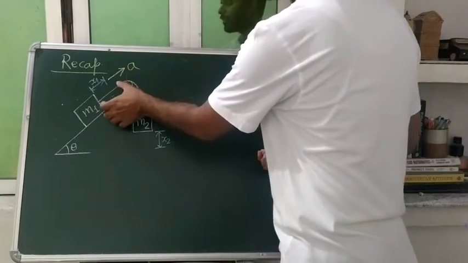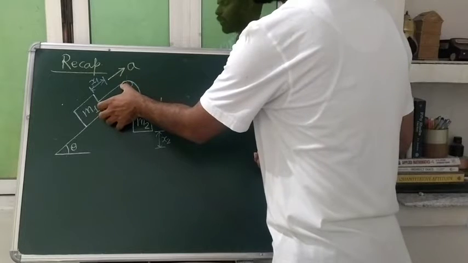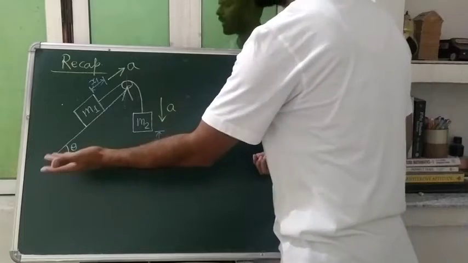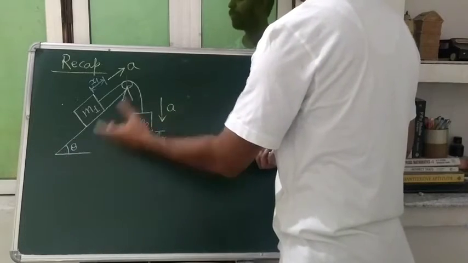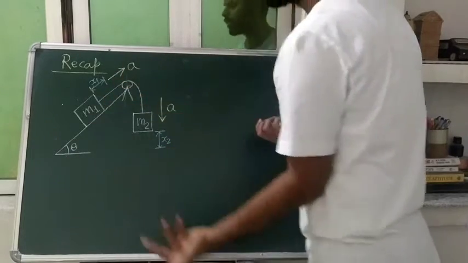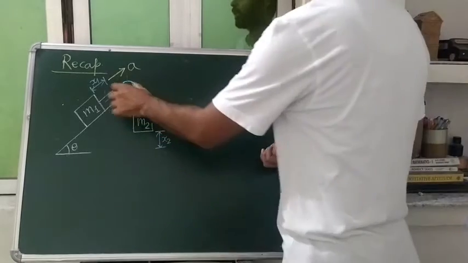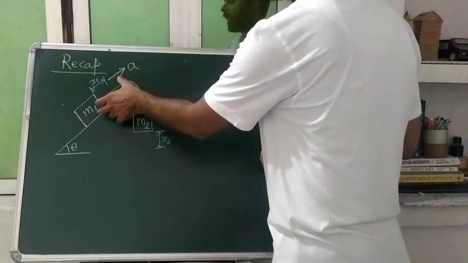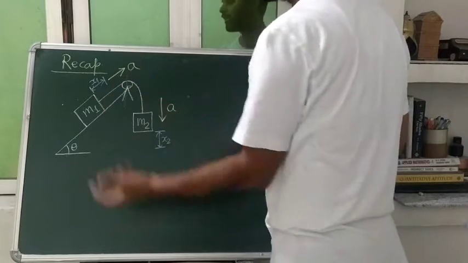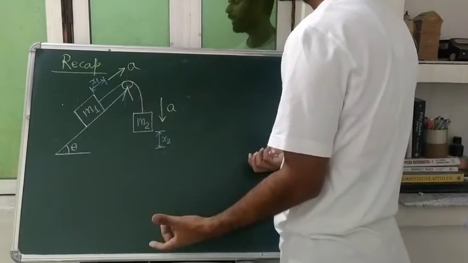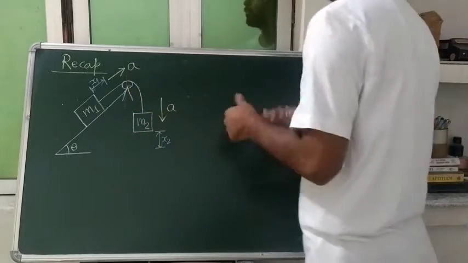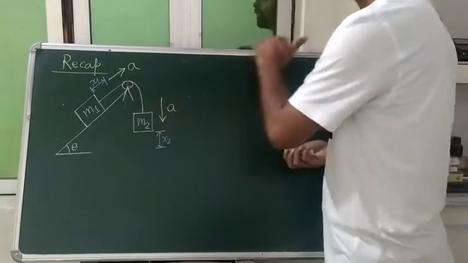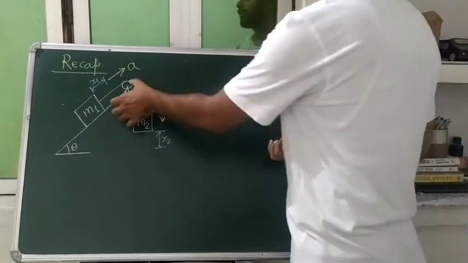Meaning is that since we have considered this x2 distance, here the coordinate system is present, one side should be positive, other side should be negative. So both sides we are saying as our positive, that is why whatever negative sign we are getting will be positive, because the negative side we had considered as our positive side, so the negative of that negative will become positive, and we will get the positive sign in that case,